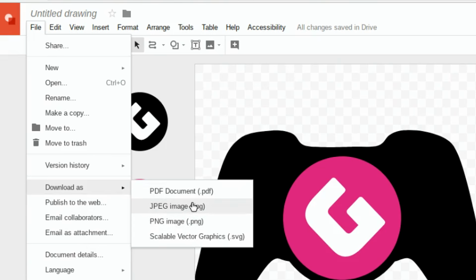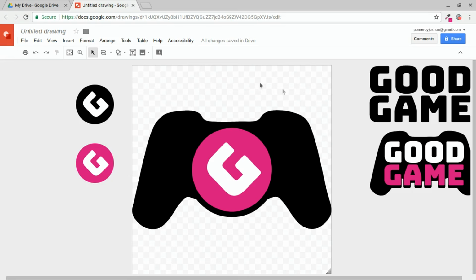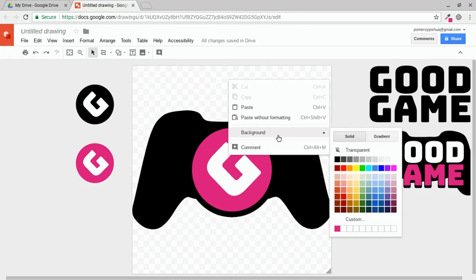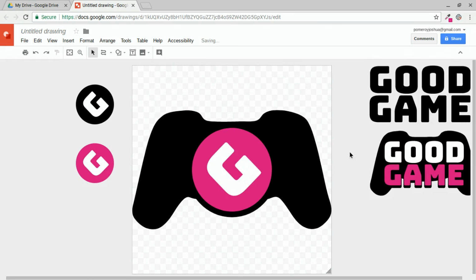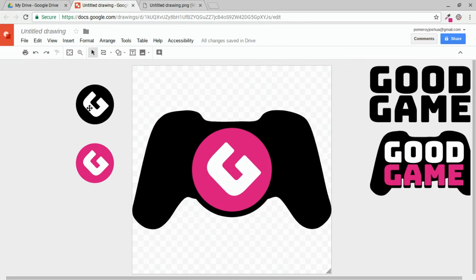Don't use JPEG because that'll make the background behind here white. Use PNG, and that will maintain the alpha channel or the transparent background behind our logo, which is indicated by that checkered pattern there. If you don't see that checkered pattern, right-click on your canvas, go to background, and make sure it's set on transparent. Let's go ahead and open up our first image here. There it is. We could repeat this process with each piece that we want to export, knowing that it will